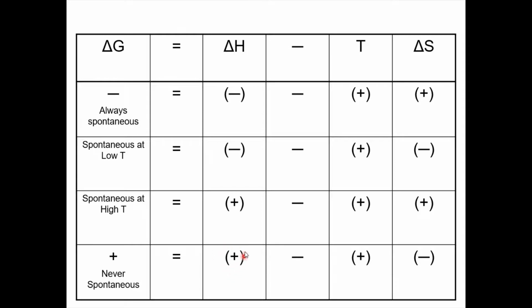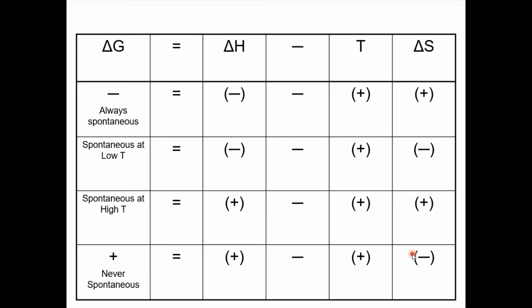So if you start with a positive delta H, start with a positive number here, and you subtract a negative number. By subtracting a negative number, that's like adding. So if you start off with positive 10 and you subtract a negative 5, that's 10 minus negative 5, which is the same as 10 plus 5. That's 15. And there's no number you can plug in here that's going to give you a negative answer for delta G here. So when a chemical reaction has a delta H that is positive and a delta S that is negative, then you always get a positive delta G, and your reaction is